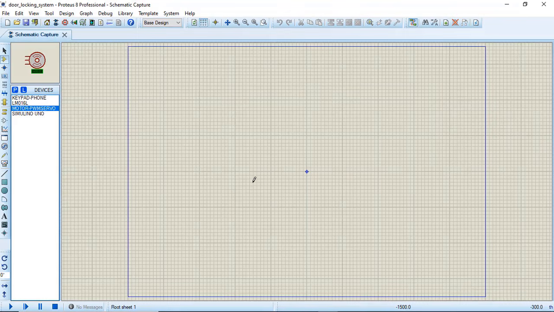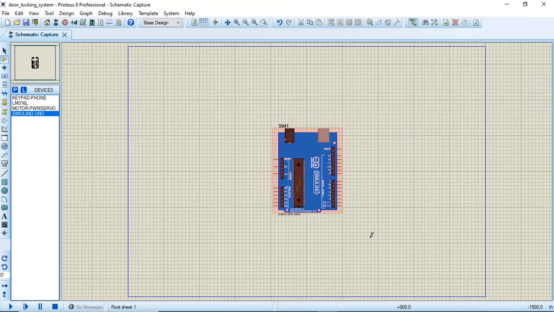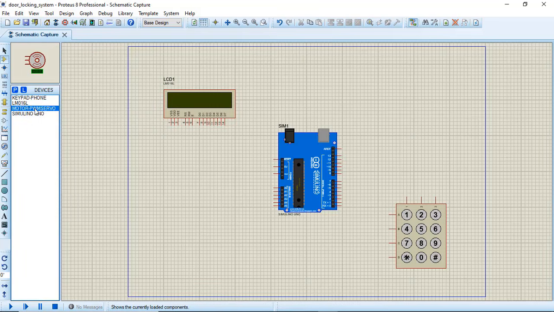So I guess we have all the components required for our project. So one by one we will import it. Let's place the Arduino over here. Next keypad here. Display over here, and our servo motor, let's place it over here.